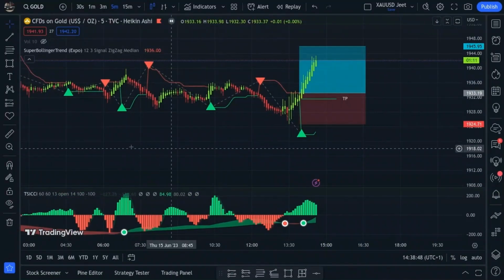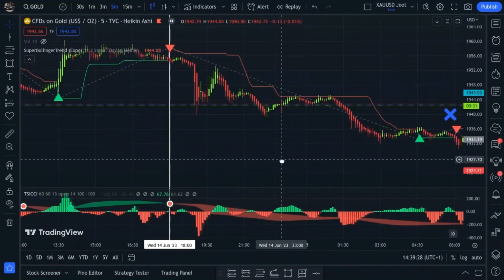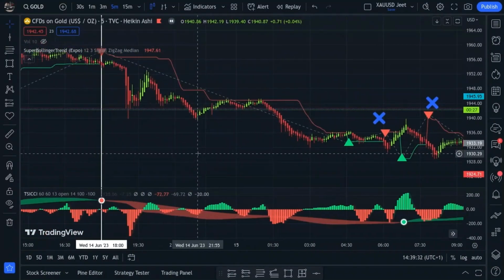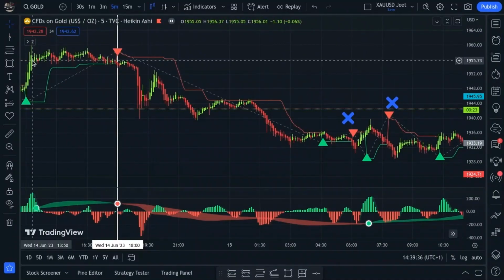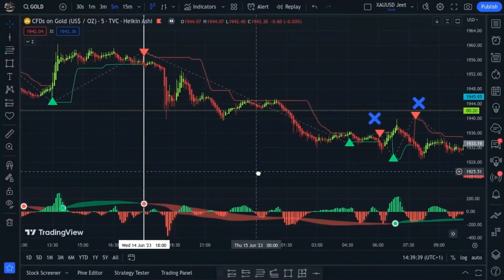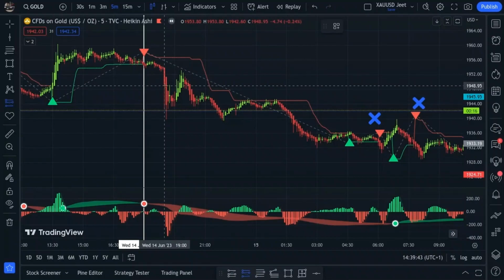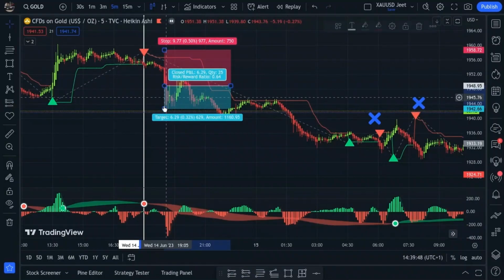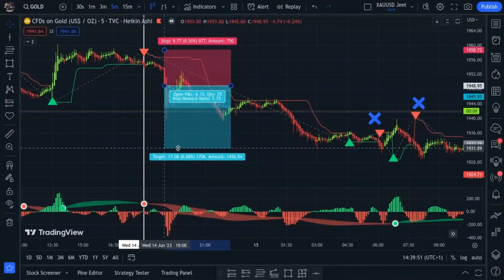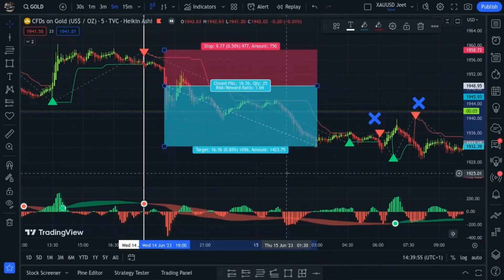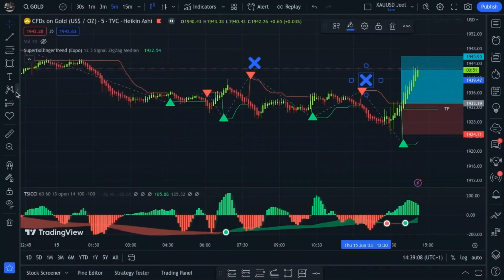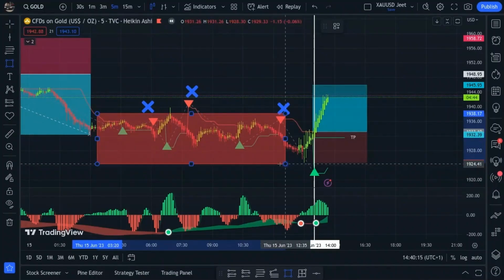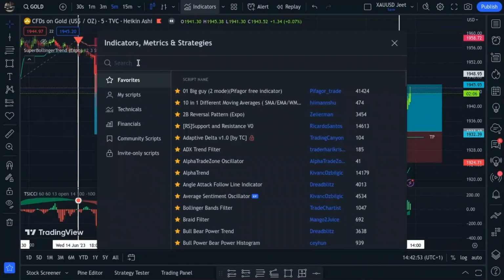As compared to the short position, when the Super Bollinger Trend Expo indicator turns red and the TSI-CCI indicator turns into a red candle with the background red cloud, then we take a short trade. There are a few examples of fake trades, and to remove the false trades and get more accuracy we use a third